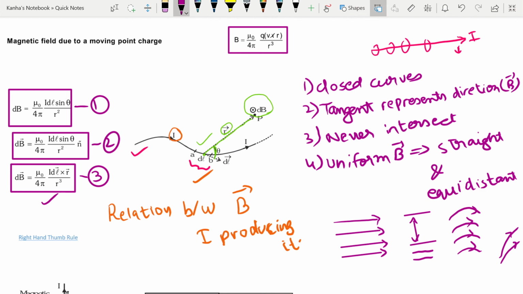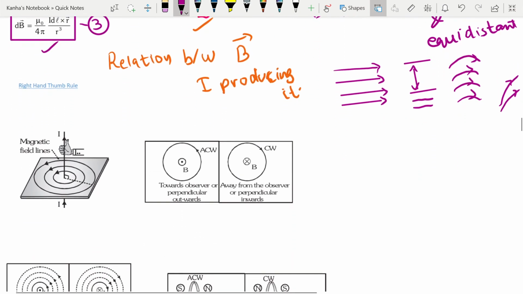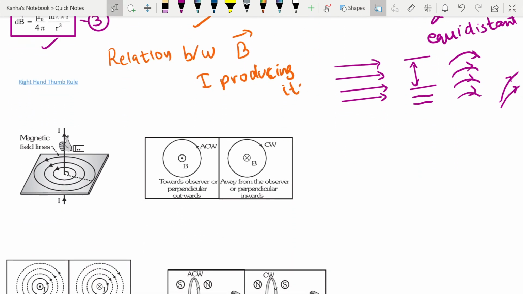To describe these, we start with the right hand thumb rule. This rule gives us the pattern of magnetic field lines due to the current carrying wire. So if you have a straight current, which I have shown you here, then my fingers are, okay. So I'll just tell you what happens. The thumb will give you the direction of the current. The curling finger, and when you curl your fingers around this current, okay.